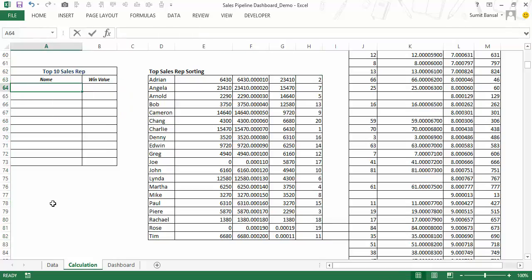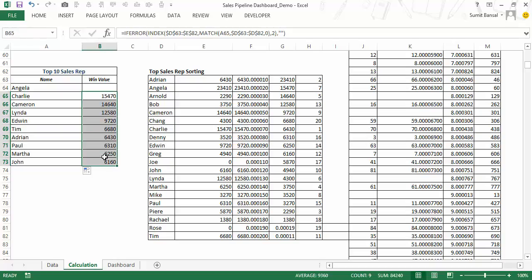So again, a simple INDEX formula would do the trick. I would select all these names, press F4, and then select this here, and you can see it gives me the name. I already have the formula here. Let me reconstruct it for you. So when I delete, I put these numbers here, I put this formula here, it gives me the top 10